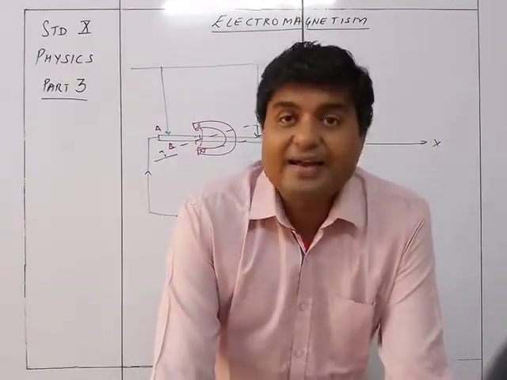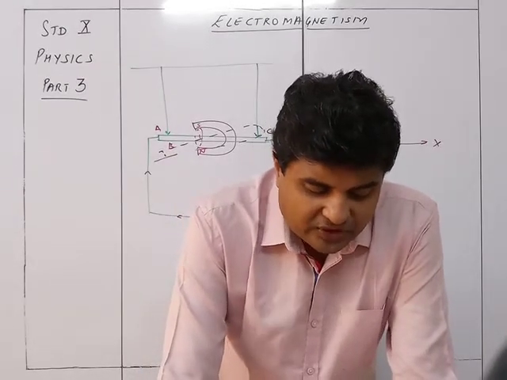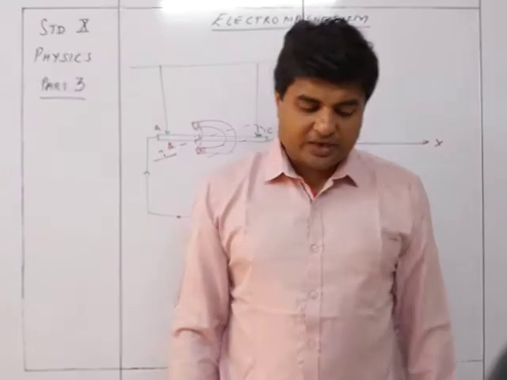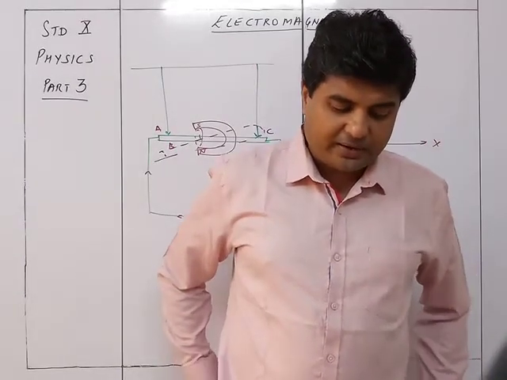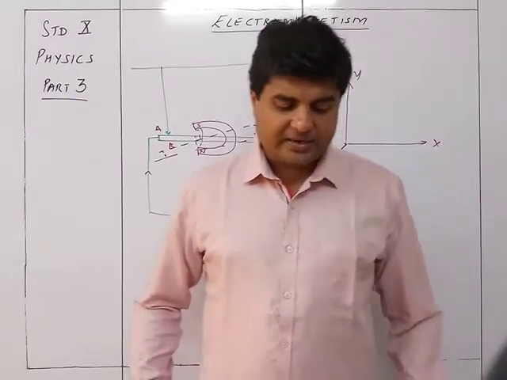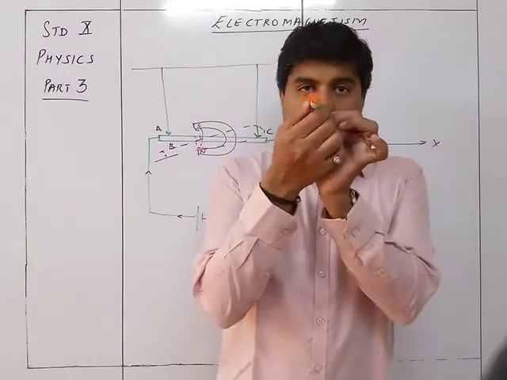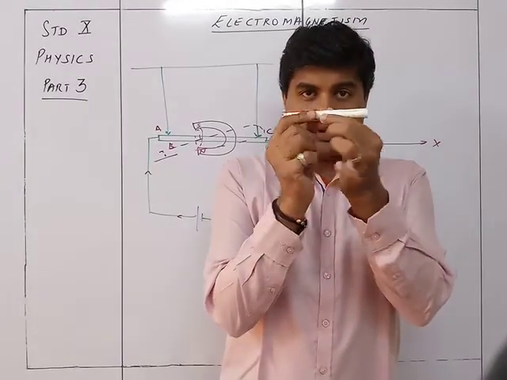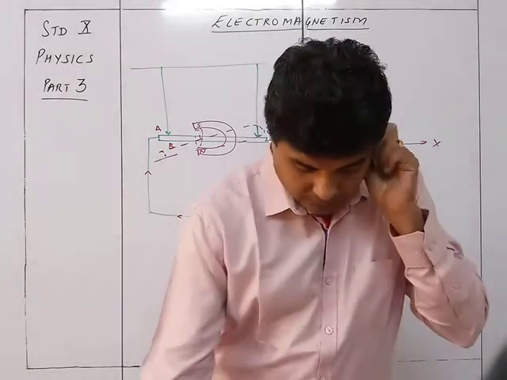That is the Z direction. If the direction of the current in the wire is reversed by interchanging the terminals of the battery, the direction of the force, that is the direction of movement of the wire, is also reversed. That is, it moves normal to the plane in the inward direction, or in minus Z. So now, instead of outward, it is going to go inward. Instead of going outward, it will go inward.